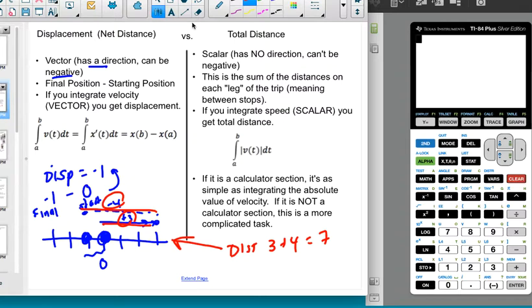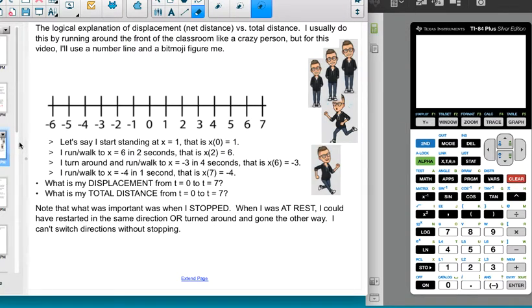So you're basically integrating a scalar, speed, not velocity. If you have a calculator, it's pretty straightforward. Instead of integrating v of t, you integrate the absolute value of v of t, which is speed, and you'll get an answer. If you don't have a calculator, it's a little more complicated, and we're going to spend some time talking through that. So before we do that, let's do a little bit of an explanation of displacement and net distance,